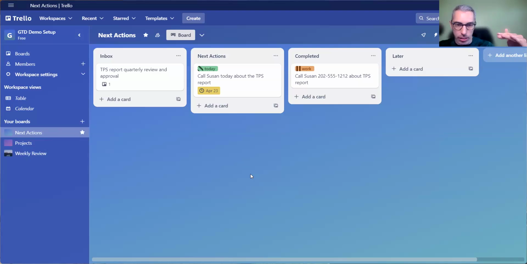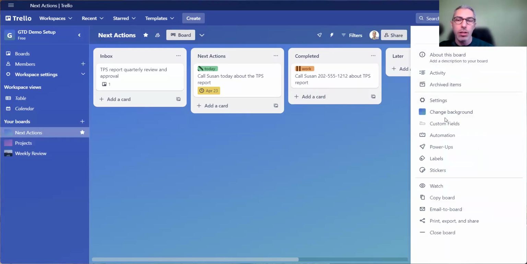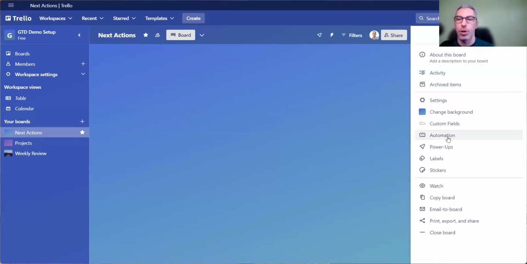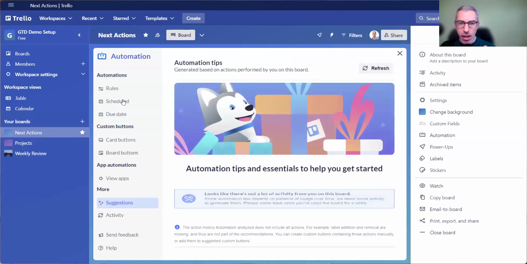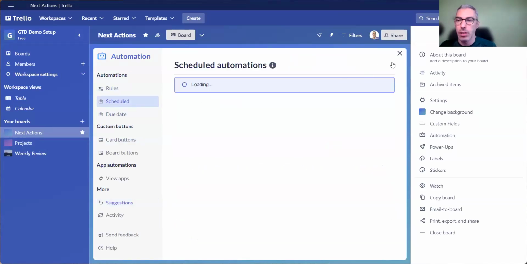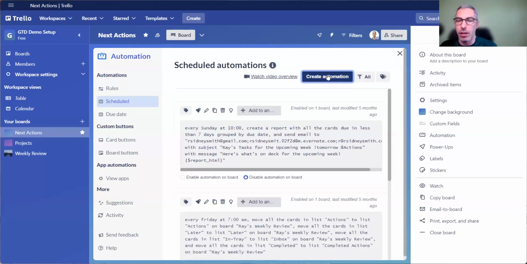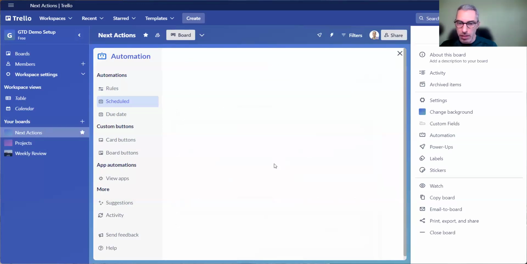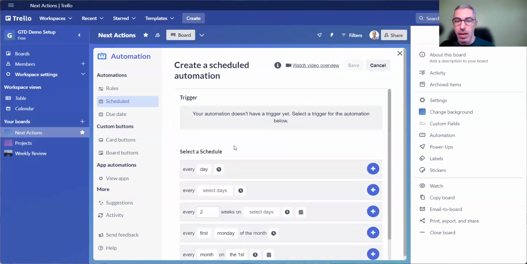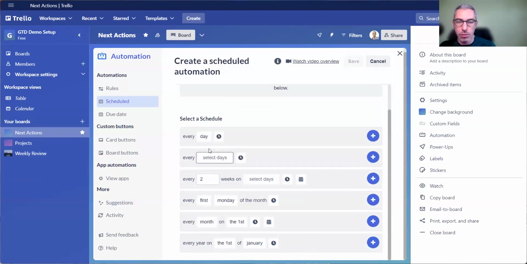On the next actions board and the projects board, I have created an automation that basically moves all of the cards on all of these lists to the weekly review board, right? So what happens is I've gone in and I've said scheduled, and then I'm creating an automation for the schedule. And that automation is going to say every